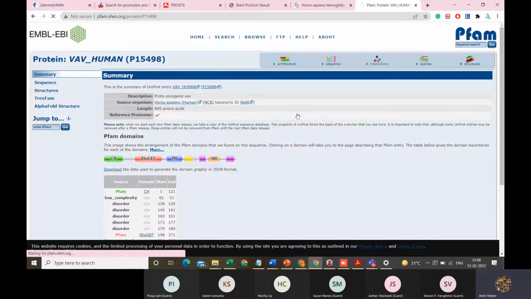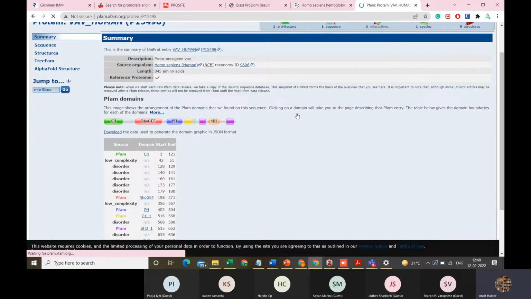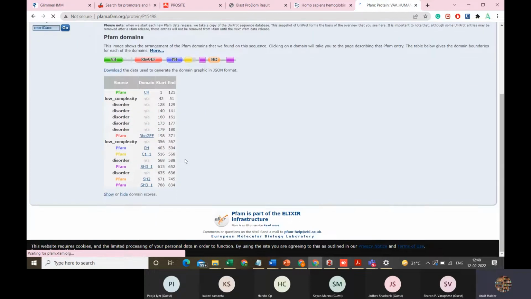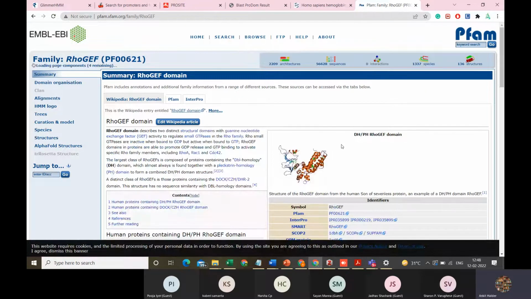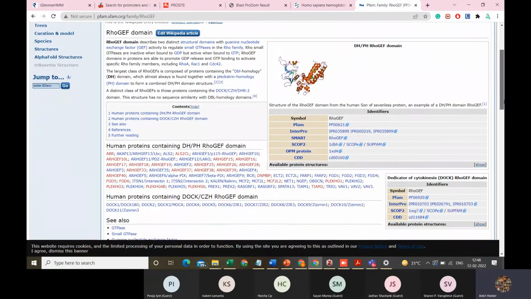So here you will get this kind of result where you will get all the length and reference. So in PFAM, you can see that the domain is RhoGEF. So what is the RhoGEF domain? You will get an idea of what the RhoGEF domain is. You can know about this for all your sequences. So this is RhoGEF